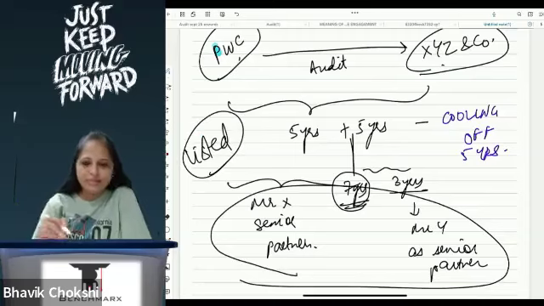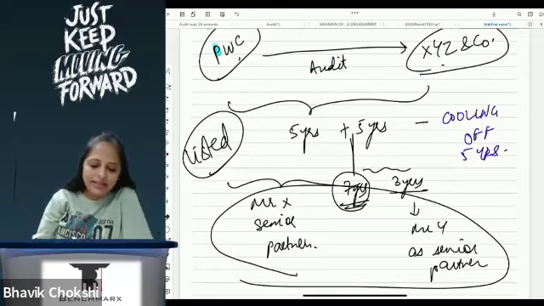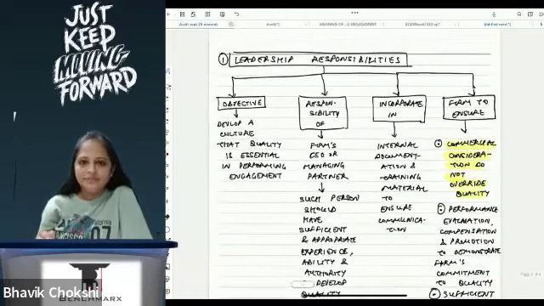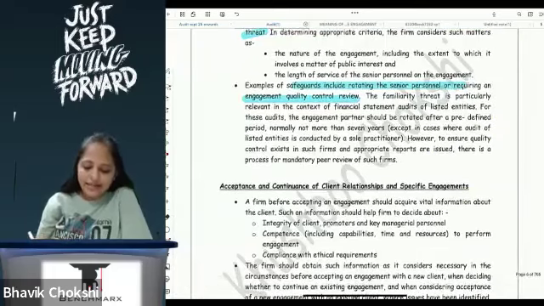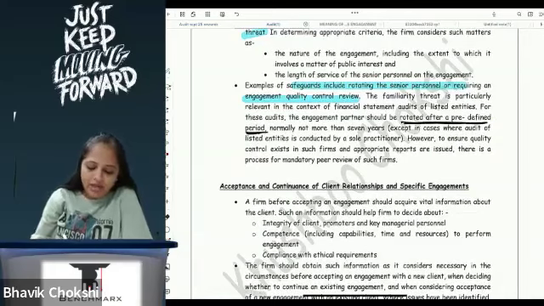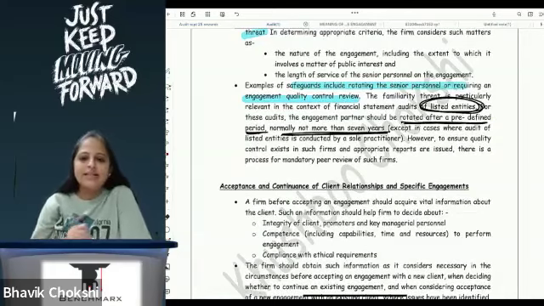Why this discrimination for listed? Because for listed, public money is also involved, no? Public interest is also involved, so they have to ensure that since it is listed and money has been taken from the people, they are not taken for fools. Understood? Hence it is saying that it has to be rotated after a predefined period, normally not more than 7 years, and this is applicable for listed entities.